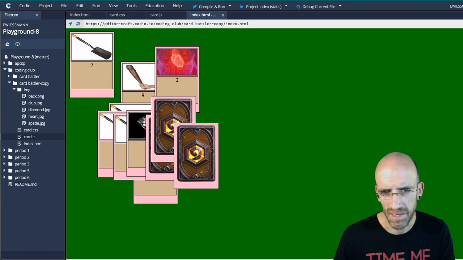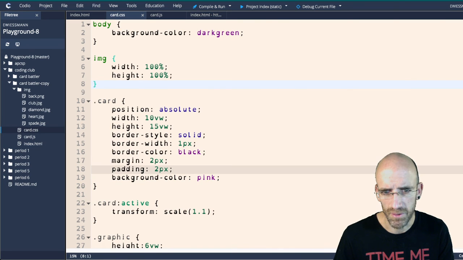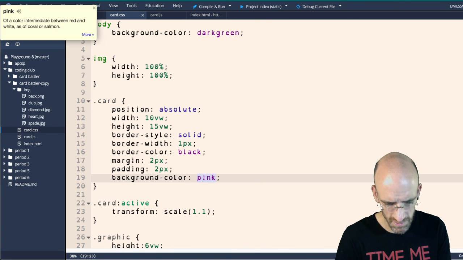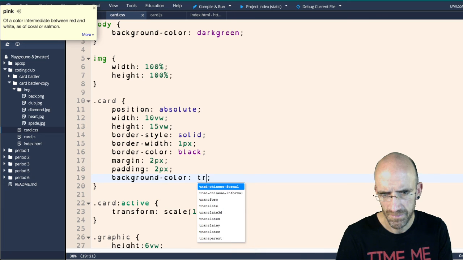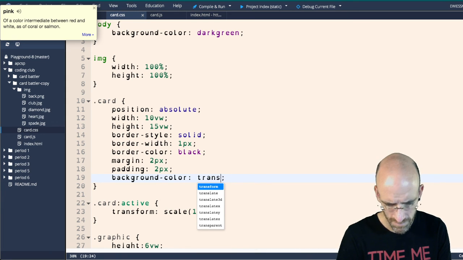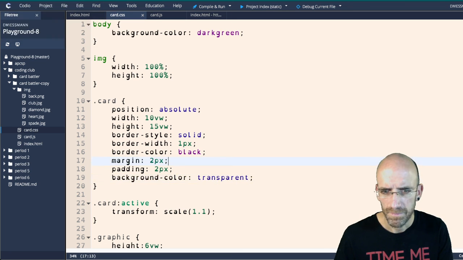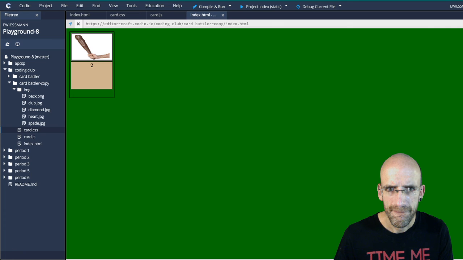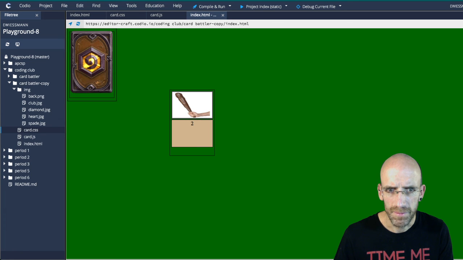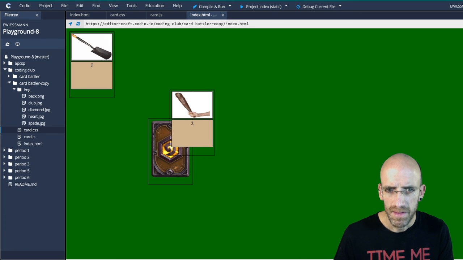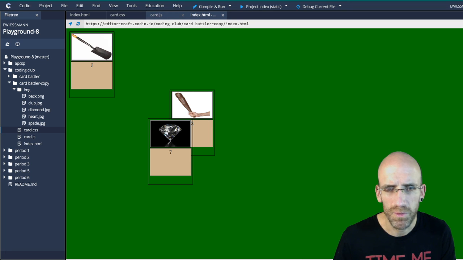What I'm going to do is one more thing. I want to get rid of this pink border at this point. So I'm just going to go to the CSS to the card where it has a background color pink. I'm going to just make that transparent. And so right here we have a card that looks like that. I also, actually, you know what? I'm going to do one other thing